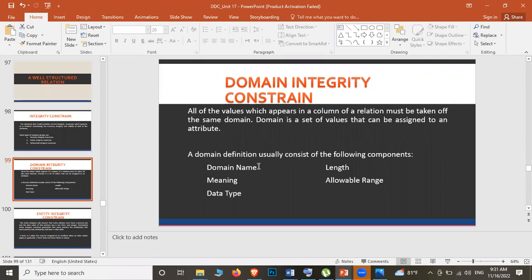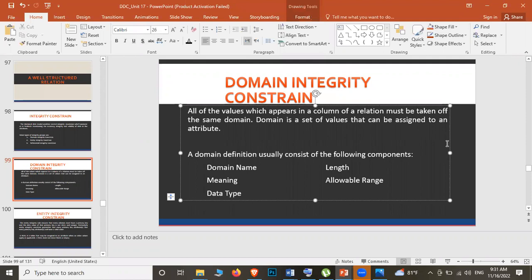Domain name. I will mention, don't worry, when I am teaching in the next class. Okay, so somehow we will be creating a table. Now I will create a table for the scenario which I gave you, either for the tour or else for the hotel. Okay, we will develop the database for one of those scenarios. So first we will come up with the relational schema. Looking at the relational schema, we normalize, and only then create the data table. When creating the table, we give a length for every attribute.